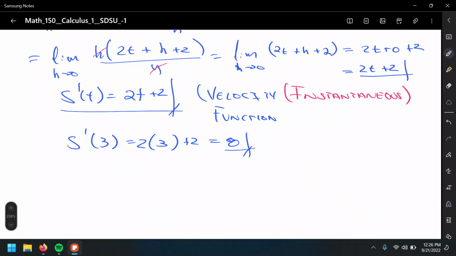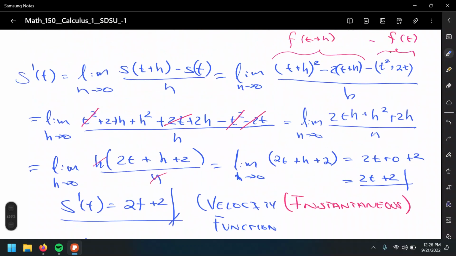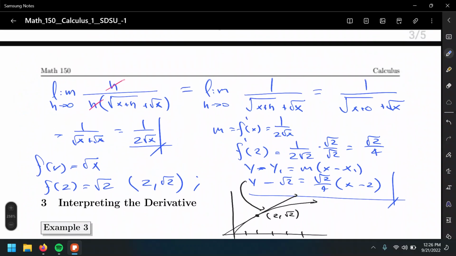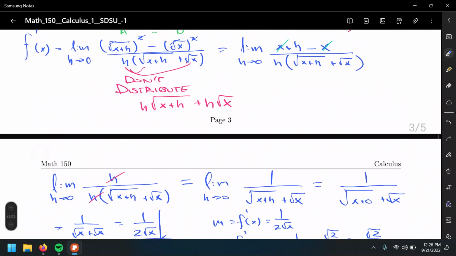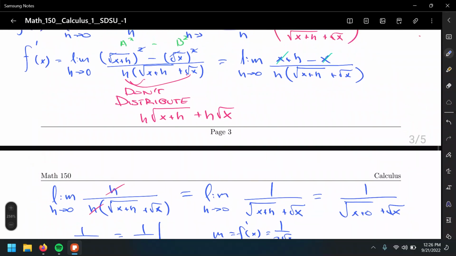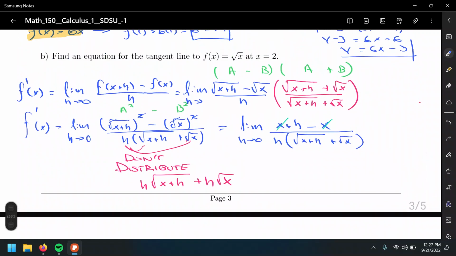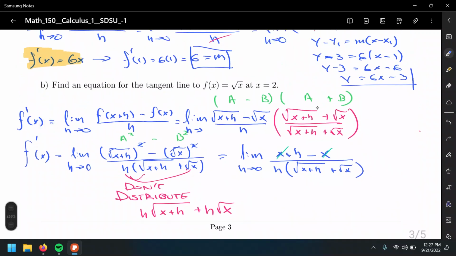And that's the velocity. Okay, guys, so finding the derivative, as you can tell, it's a painful process using the limit definition, isn't it? Some of you might have taken a calculus class before in high school, or you're taking the class for the second time, not that I want to put you on the spotlight, and you know that there are rules to make this quicker. That's the differentiation rules, and we're going to do that in the next section